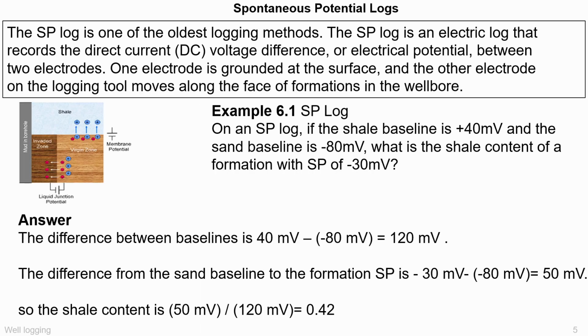This slide gives a worked SP example. The shale baseline is plus 40 mV, the sand baseline is minus 80 mV, and a formation interval reads minus 30 mV. By comparing where the measured SP lies between the shale and clean sand references, the shale content is estimated as about